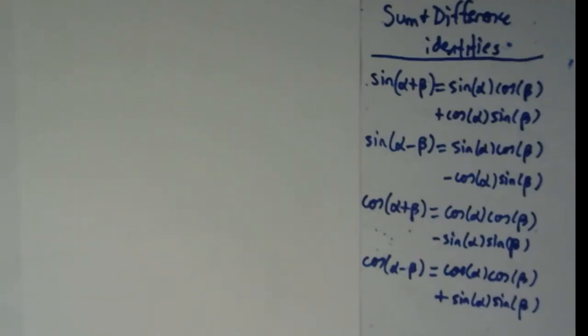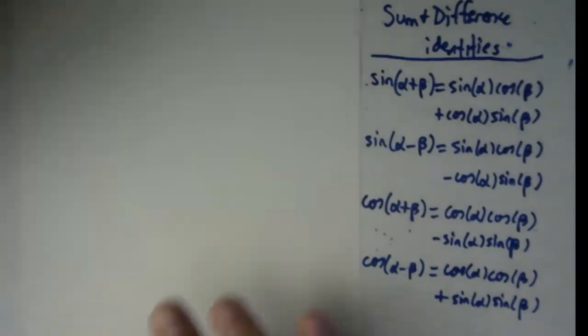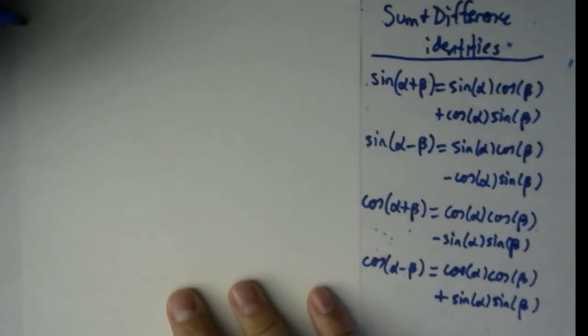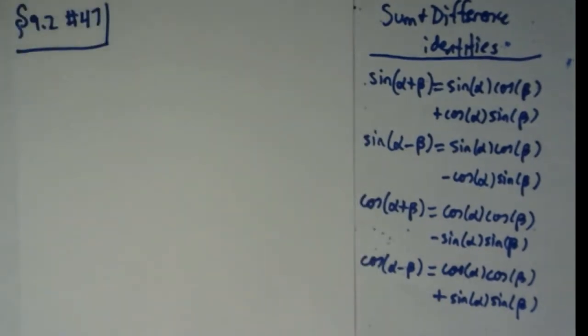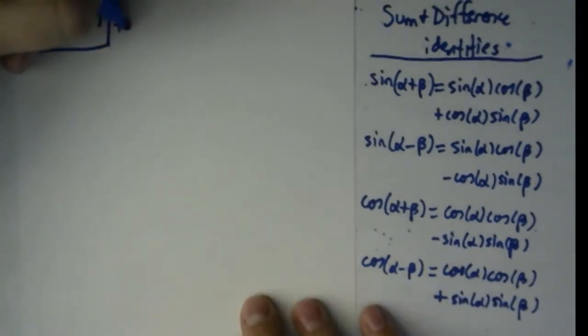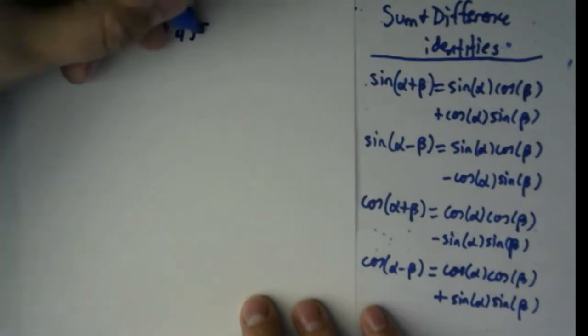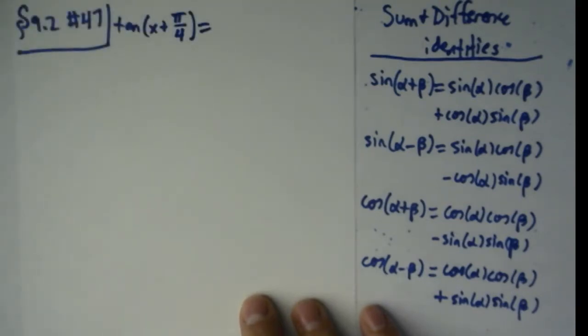Now I'd like to do section 9.2, number 47. Like I promised earlier, this is another example of an identity. And in this case, they want you to prove the identity tangent of x plus pi over 4 is tangent of x plus 1